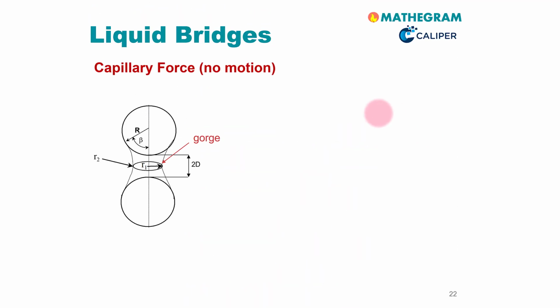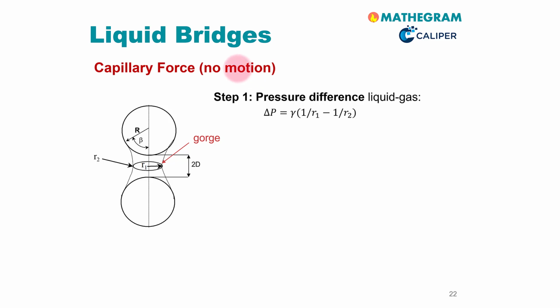So let us now continue with the details of the liquid bridge force models. First, let us look at the capillary force. This force is also present in case of no relative motion between the particles. What we do here as the first step is we calculate the pressure difference between the liquid in the bridge